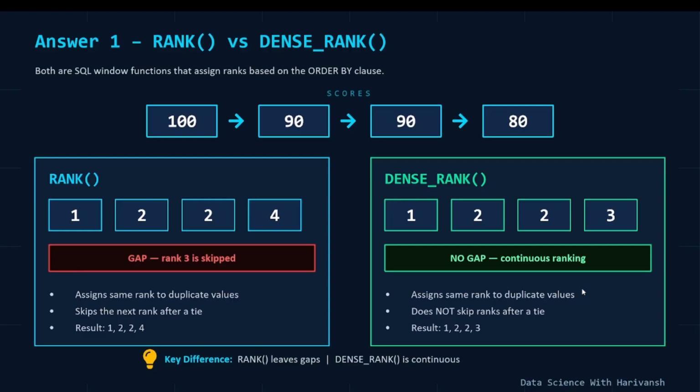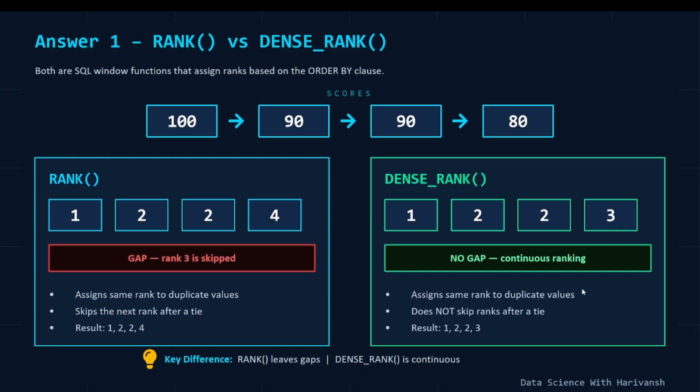So to summarize the key difference in one line, rank leaves gaps after ties while dense rank does not and always produces a continuous sequence. When should you use which? Use rank when you want to reflect the actual competition style ranking where ties cause a skip, for example, leaderboard rankings or competition results. Use dense rank